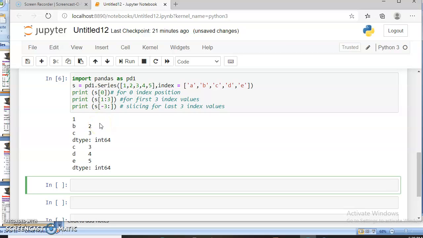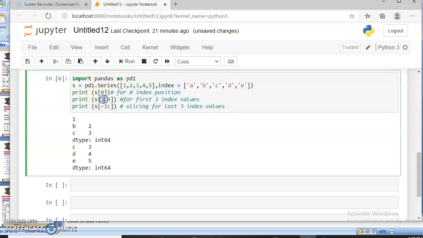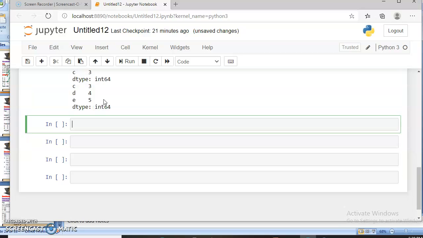Okay, now students, if I mention only colon 3, it means the starting value is not given, so it will start from the default value, and the default value is the 0th element. Now it will show us 3 elements: A, B and C. We can check by implementing the program again.